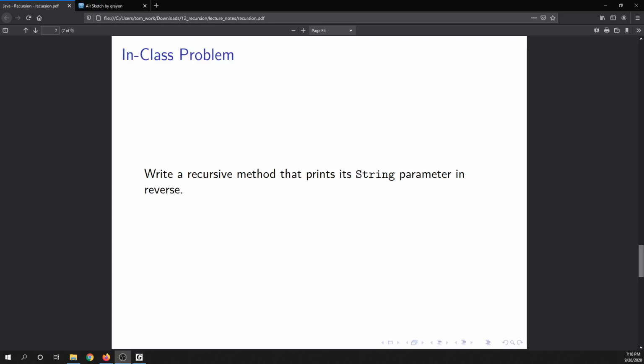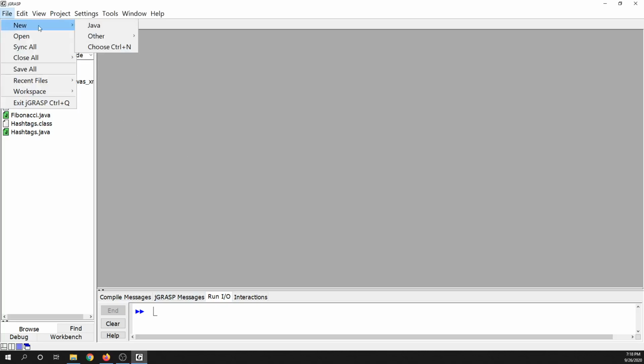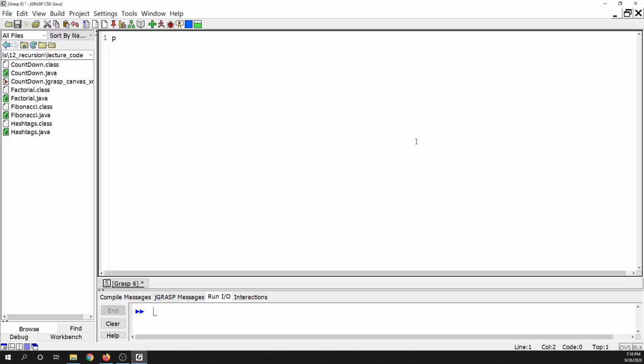All right, in this video, we are going to work on the following problem. Write a recursive method that prints its string parameter in reverse. All right, so start off with the class header. And then add a main method, public static void main string args. And then add a method, public static void